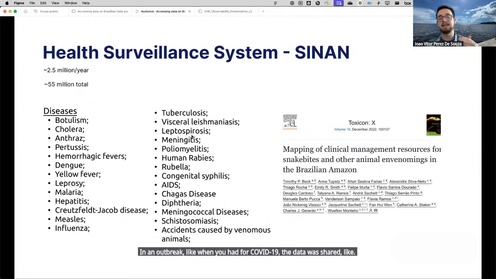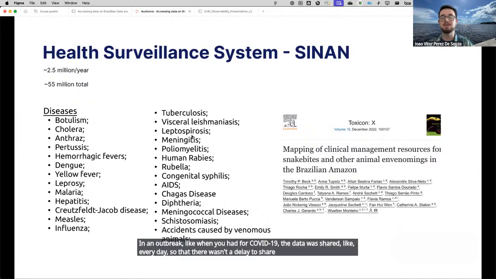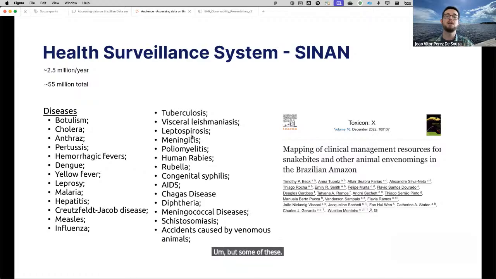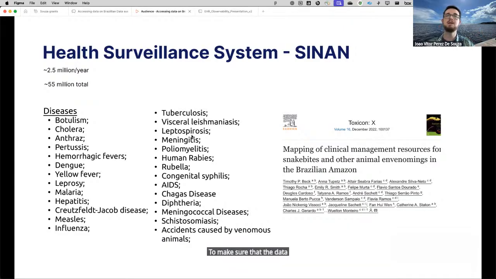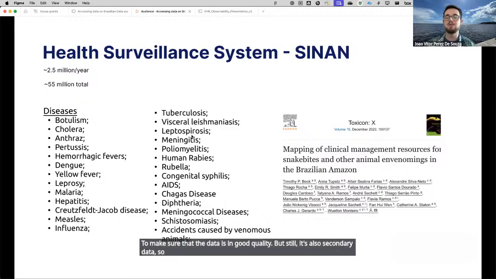So there wasn't a delay to share it. It was shared as quickly as possible. Some of these also have quality control inspections every 3 or 6 months to make sure that the data is of good quality. But still, it's also secondary data, so there are limitations, of course, in that sense.